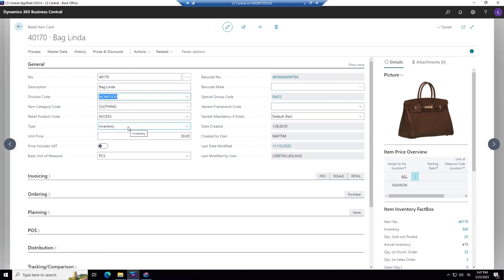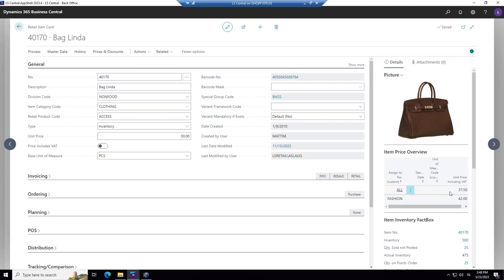Every item is an inventory type or non-inventory. That's what we usually use. We usually in retail always have inventory types. So here you enter the unit price. Over here on the right, you will see the unit price with VAT. And if you don't see it, you can minimize the columns that are here so you will have access to it.